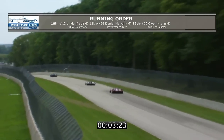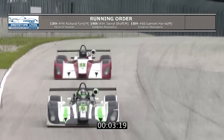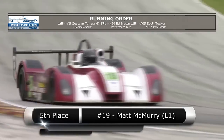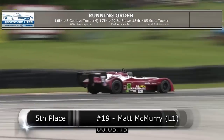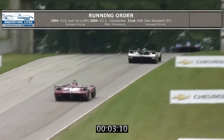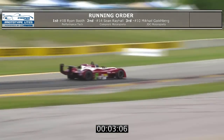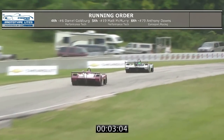Well, it's a good lesson for aspiring young drivers, which is what this series is for. Sometimes when you're just as fast as the guy in front of you and it's going to be very hard to pass, you don't pass. You just pressure them, and pressure them, force them into a mistake, and then you make your pass. And mentioning young drivers, we see the number 19 red and white car of Matt McMurray, 15 years old,